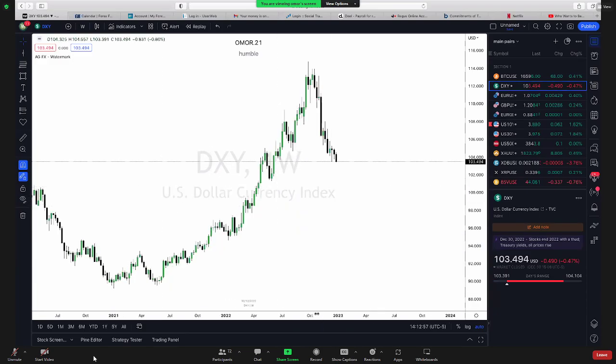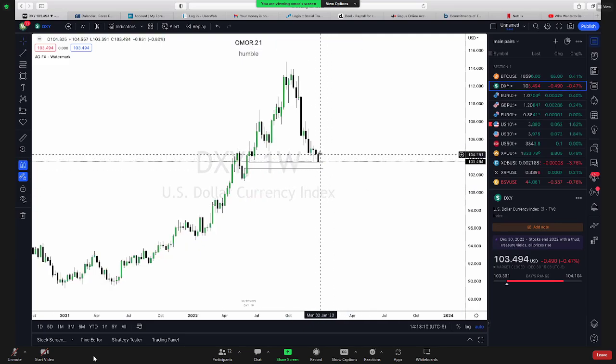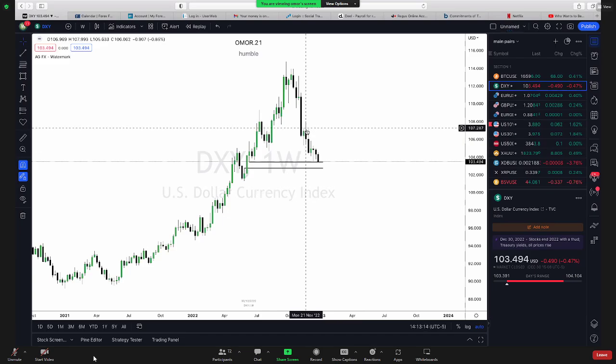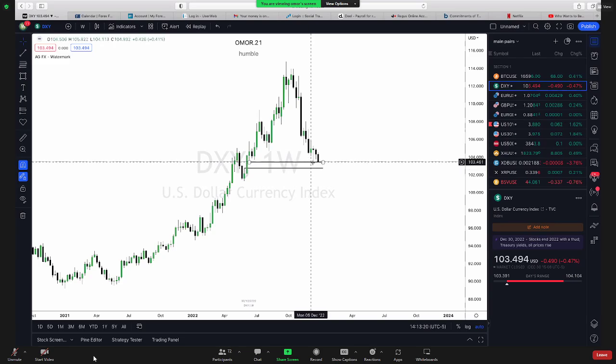Just remove this. This is where it starts from. Now we have this level here, and this is our weekly fair value gap. And this has been a drawn liquidity since this candle, since this weekly commentary, right? From this weekly commentary, we had the drawn liquidity to this fair value gap. From this fair value gap,